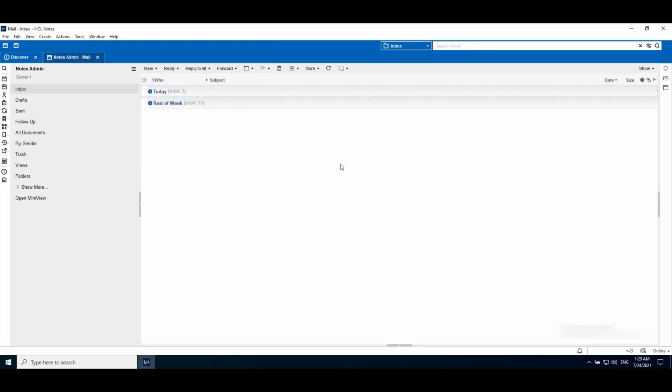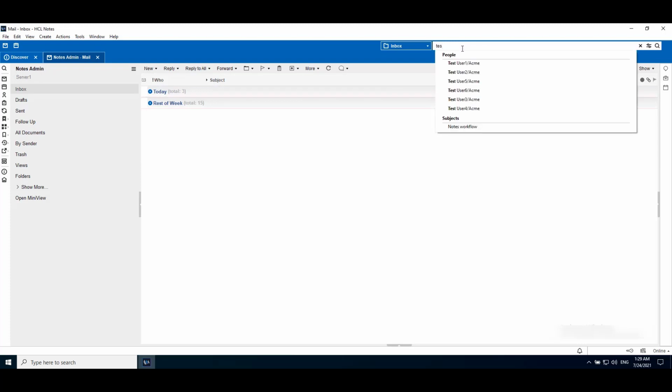With this new improvement, you can search using type ahead, people or subject, and also search normally. As soon as you start typing in the search center, you will get type ahead, people, and subject options. Here people will have the contacts and subjects will have text.